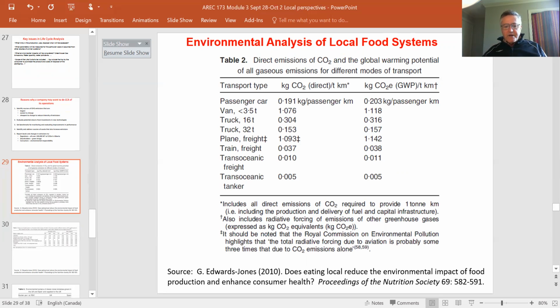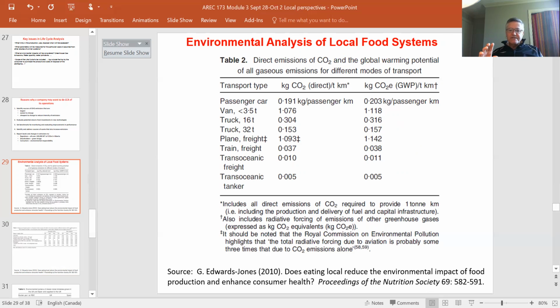Gareth Edwards-Jones published this paper in 2012, taking that life cycle analysis approach, pulling together all the information he could find at that time about the global warming impacts of local versus food sourced from elsewhere, and this was for UK consumers. So the first thing was, what about transport? Because if you find that transport is really the main thing that's different about local versus more globally sourced foods, then you can just focus in on miles. But miles